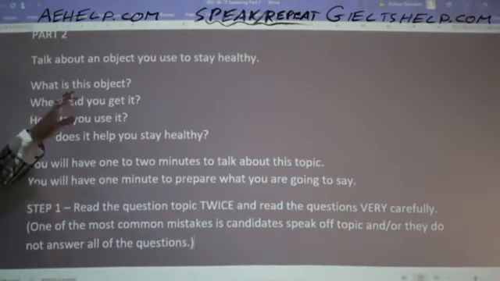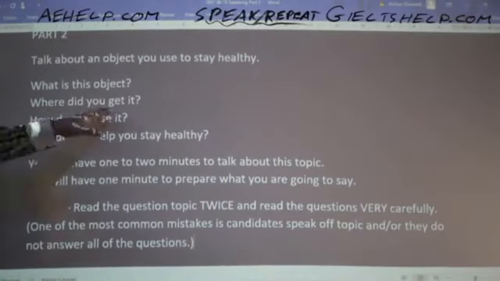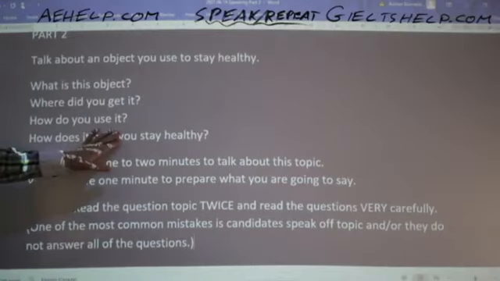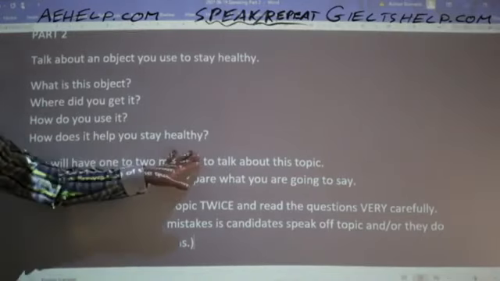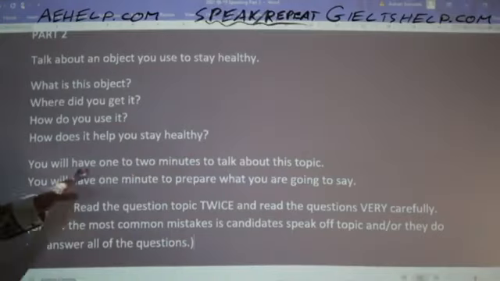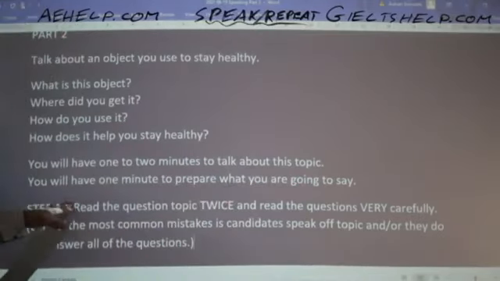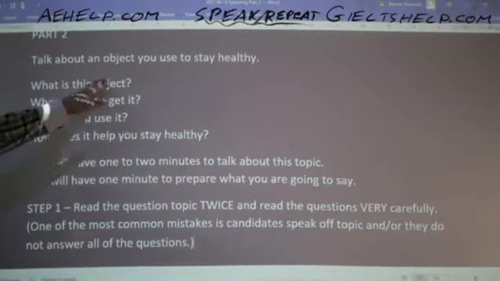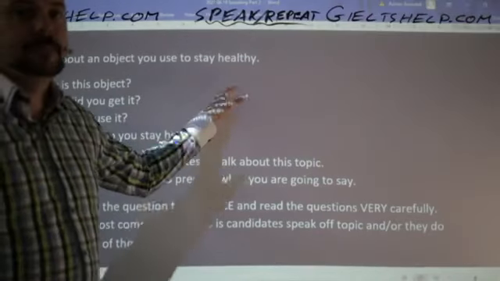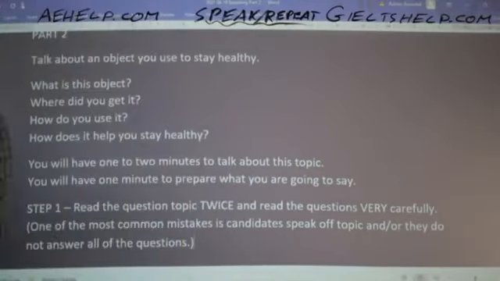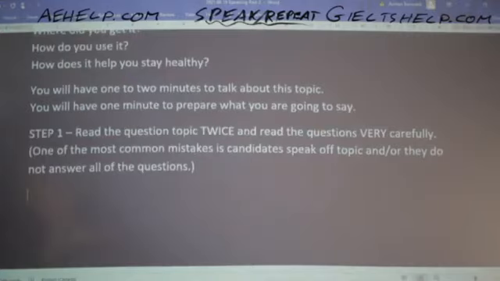All right. What is this object? Where did you get it? How do you use it? How does it help you stay healthy? Okay. You will have 1 to 2 minutes to talk about this topic. You will have 1 minute to prepare what you are going to say. Okay. Awesome. So again, talk about an object you use to stay healthy. Okay. All right. So now that we've really paid attention to this question, step 2 is to